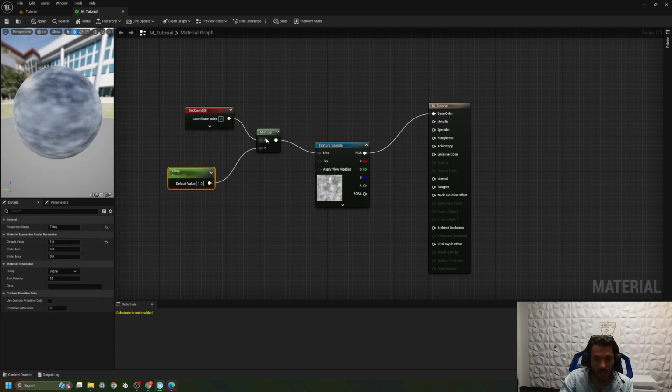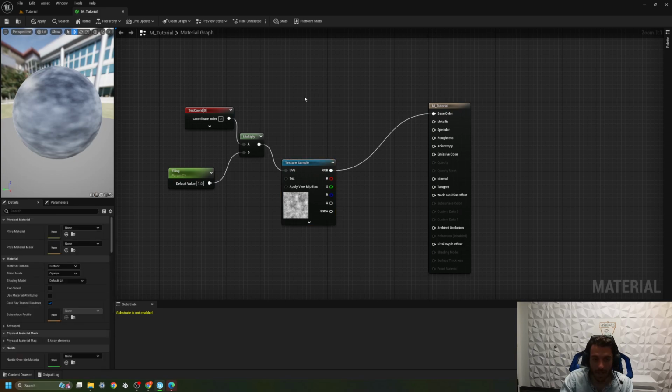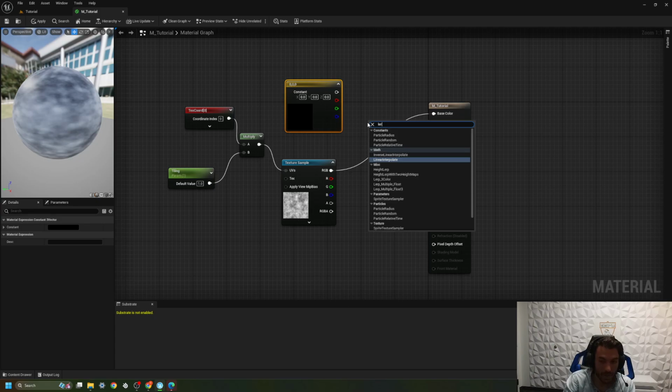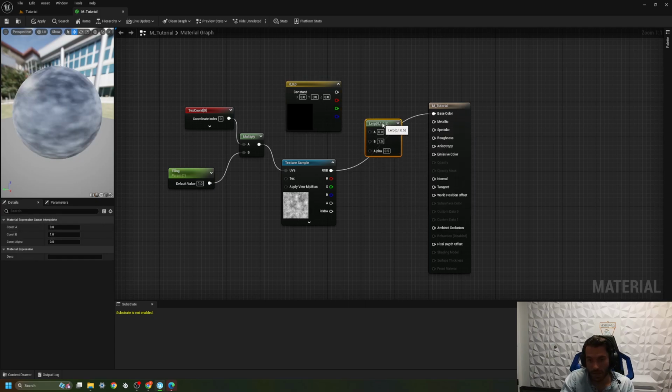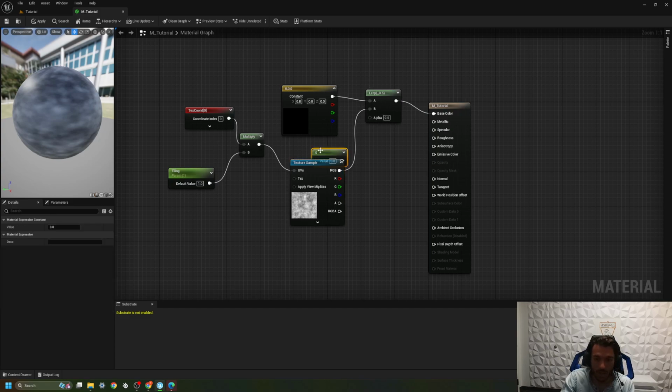So if I wanted to change how this looked, I would come here and grab a color by holding 3 and clicking. And then I'm going to right click here and type in lerp, which stands for linear interpolation. As you can see, I can click that here, and now I can drag this value here, and then I have an alpha, which describes how much of this versus this I'm going to have in my graph. I'm going to drag this into my base color like so, and now I can create a new number here